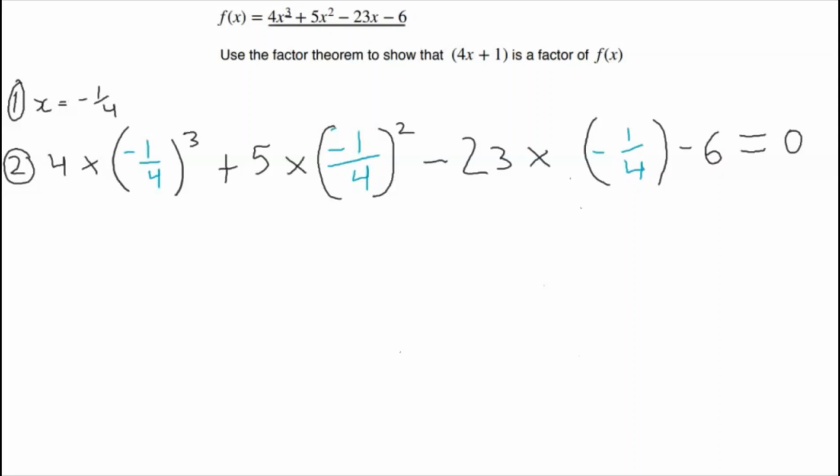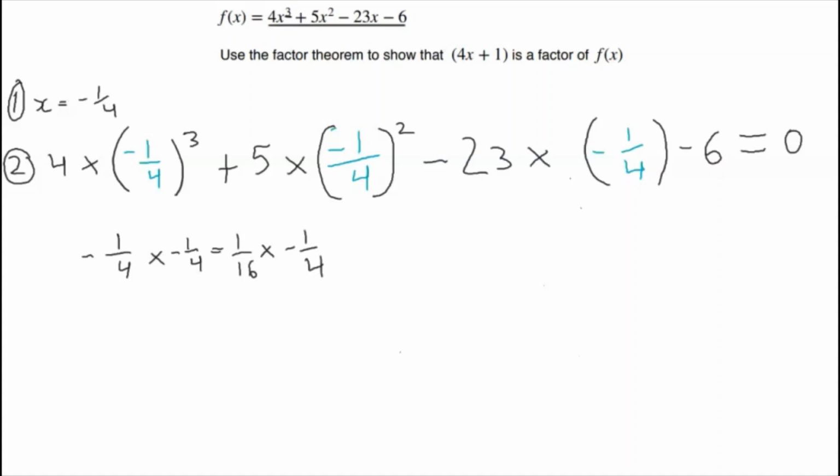And you've got to also understand that a minus times a minus is a plus, but when you're cubing it, I'll do it down here actually. So if I do minus 1 over 4 times minus 1 over 4, I would get 1 over 16, because minus times a minus is equal to a plus. And if I times that by minus 1 over 4 again,